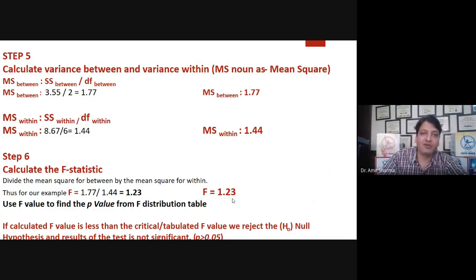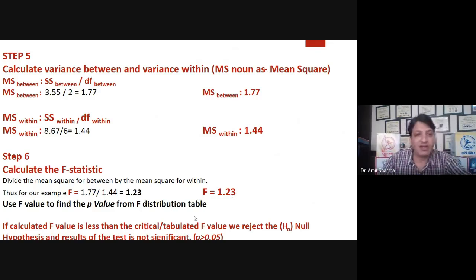The tabulated value which we have taken from the table was 5 point something, and here we are getting 1.23. So our value is less than the value which we have taken from the table. So we cannot reject the null hypothesis, and the result of the test was not significant because the p value was found to be more than 0.05.